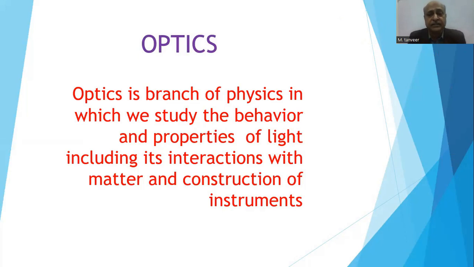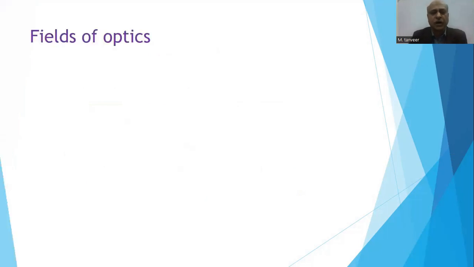reflection of light, refraction of light, and how this reflection and refraction are used in different instruments. For example, when you are talking about a microscope or telescope, these instruments use lenses, and in lenses, refraction occurs. So all properties of light are discussed in this field. So the fields of optics are